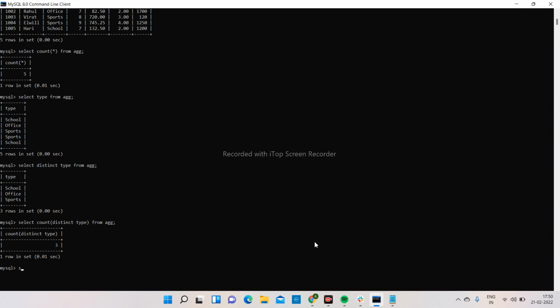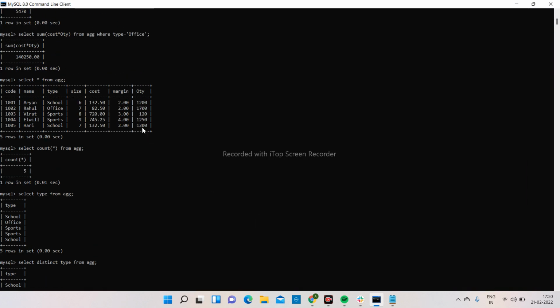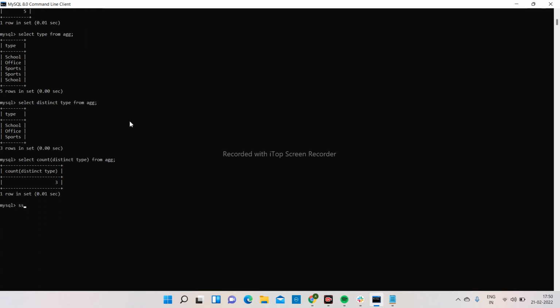So if I say that I want count of my margin column, but the condition is that I want count of margin values only where the value is greater than 2. You can say there are 2, 3, 4, there are three values. I want count of margin values where the margin value is strictly greater than 2. So how can we implement that? We will write select count of margin from the table AGG, but we have a condition that the margin value should be strictly greater than 2. So I will write where margin